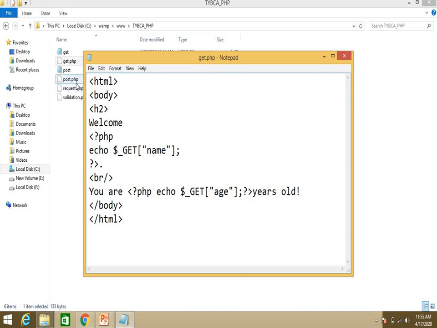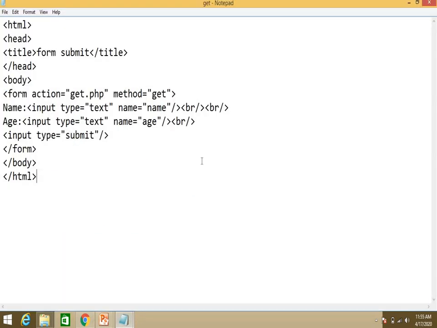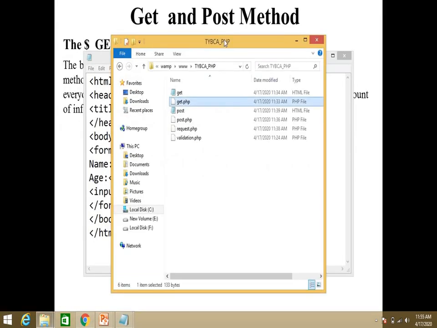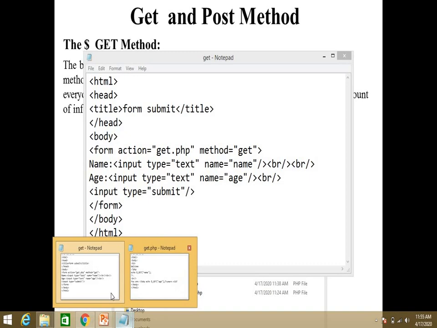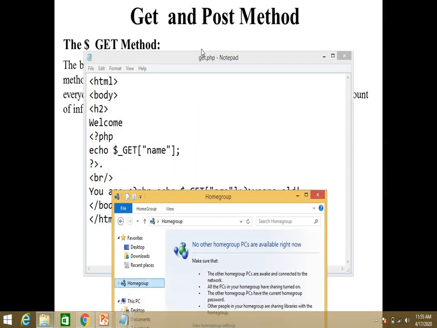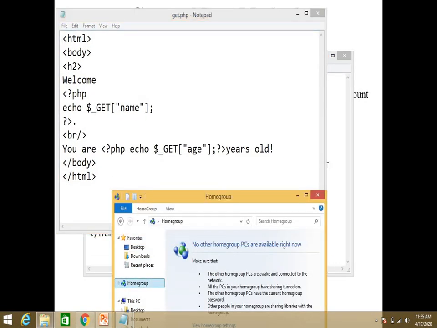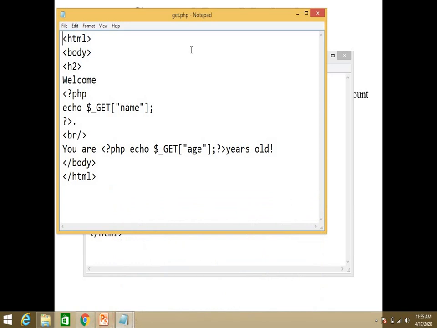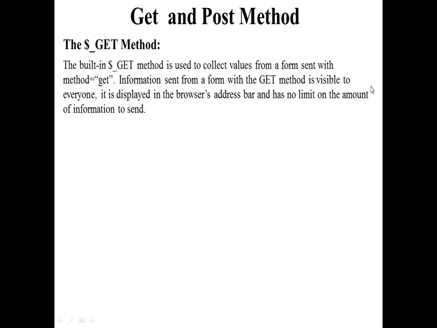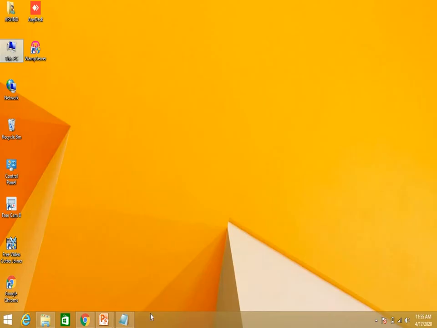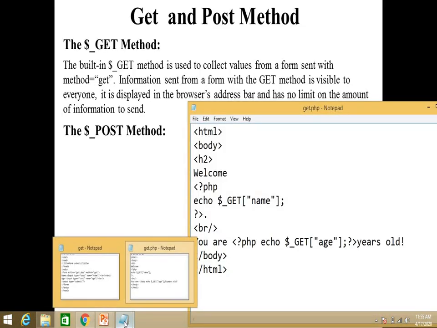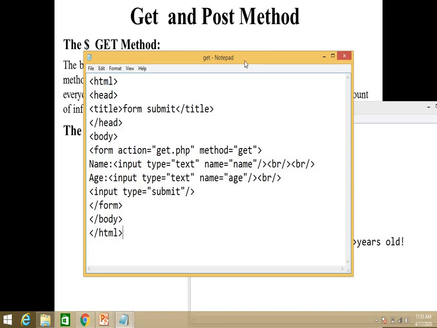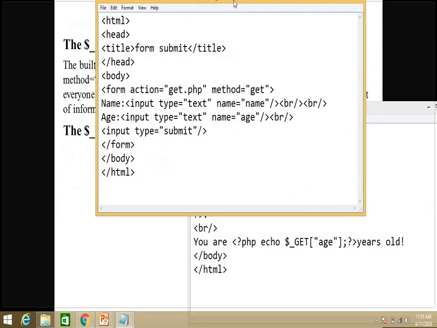Okay, so let's see how to access the values. This is important. I'm opening both the programs together, get.html and get.php.